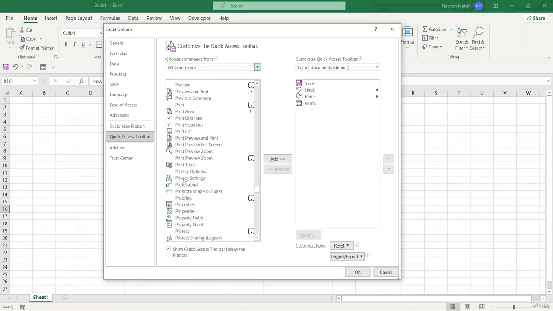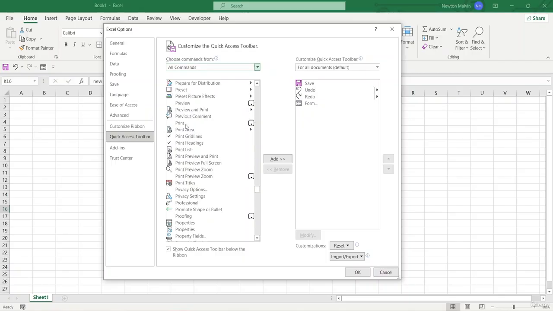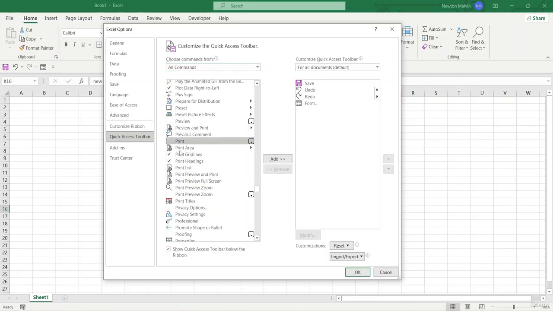So basically if I go down and down, now you can see this print list right over here, and I have this print option right over here. Now if I want to add this, I can just select it, just like I selected right over here, but it hasn't been added, if you noticed. So to add it, I'm just going to simply click on add right over here,